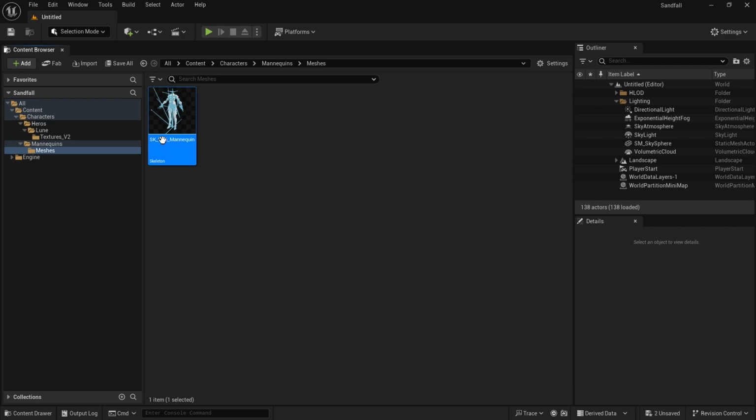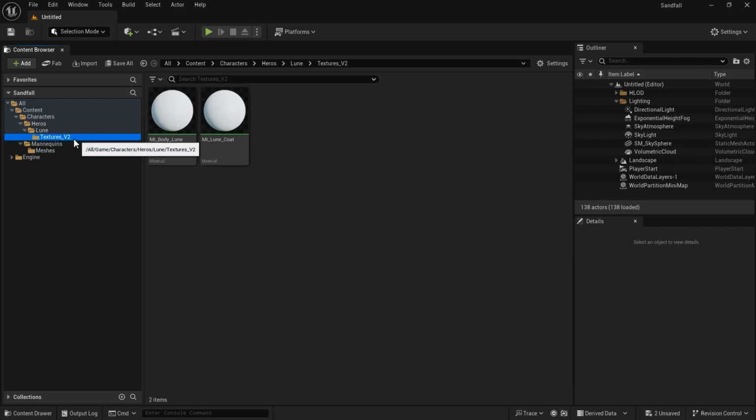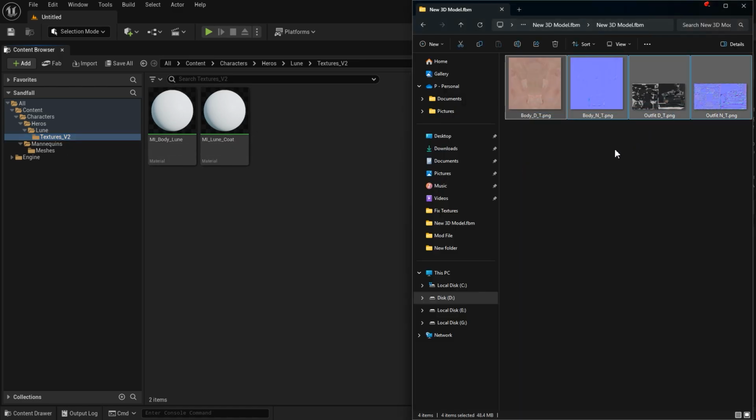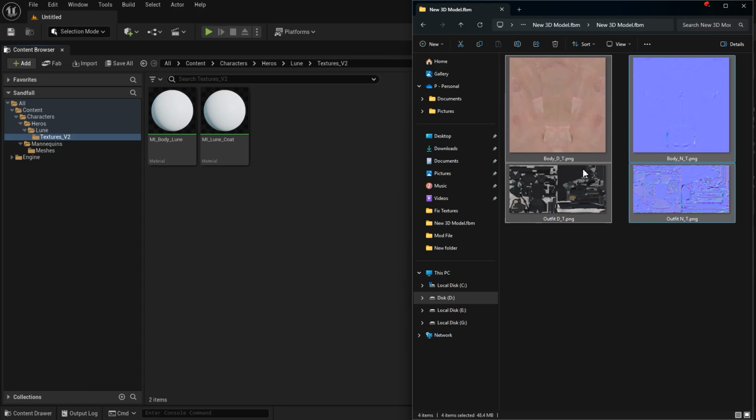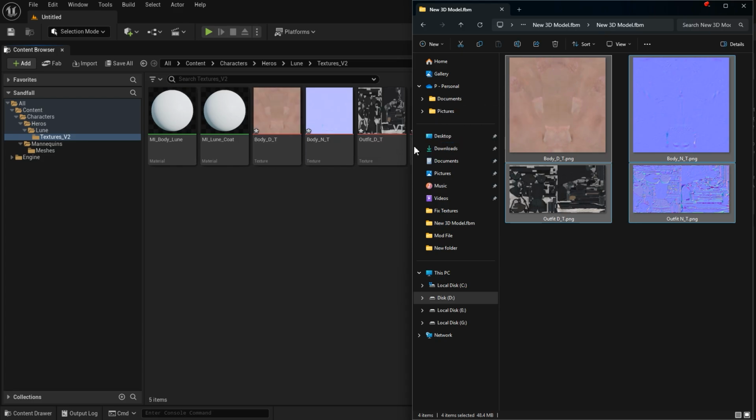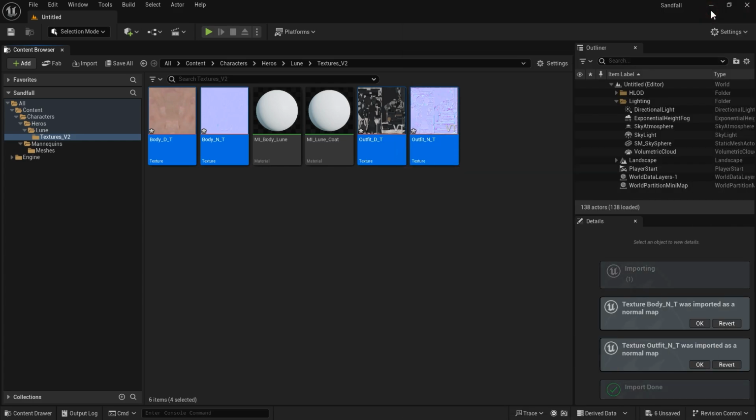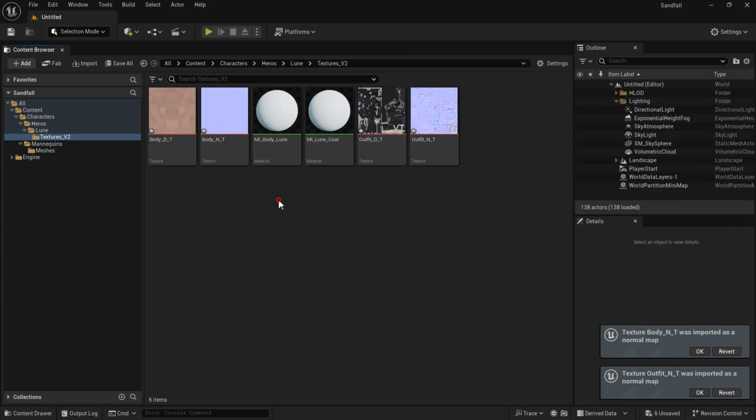Now, the textures. Come to your texture folder, and let's import our new model's textures. Locate them on your drive, and make sure they are PNG, JPEG, or TGA, not something like DDS. Then select them all and drag them into your texture folder, like this. And they are in. The next step is to rename them. So, rename them to what? Well,